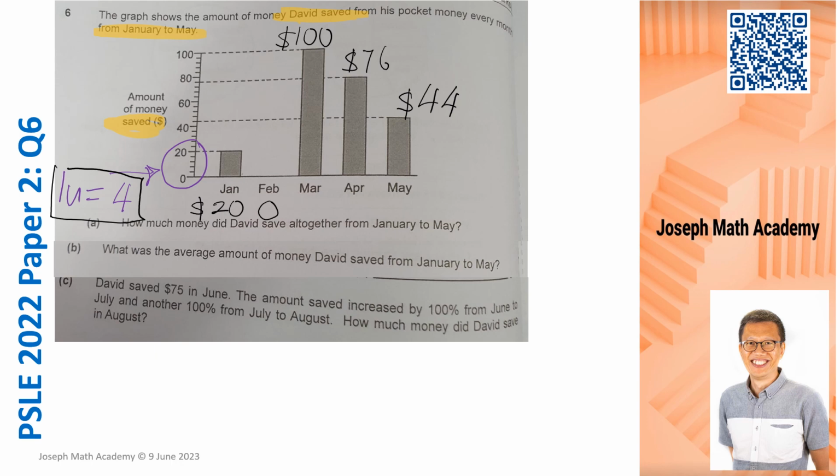Question A. How much money did David save altogether from January to May? So we want to find out David's total savings. I've already given you a clue. Total savings means we have to add everything together. Part A is easily done since we have a calculator. So total savings would be simply